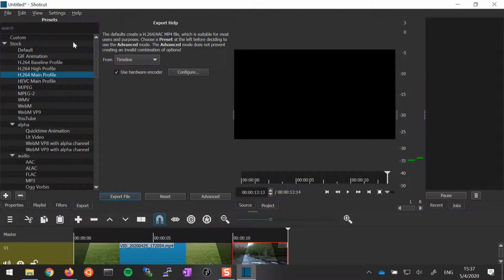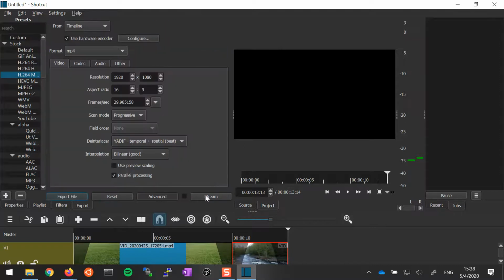So by default, you choose main profile, you get this default export menu, and you could click export file and it would create the file for you, no problem. But it's going to create a massive file by default, and that's not really desirable. Click the advanced button here. This gives you extra control over how the file is exported. Go to the codec tab,